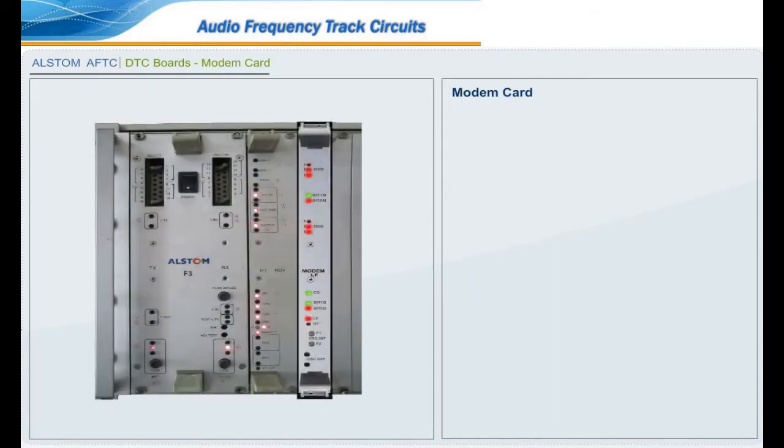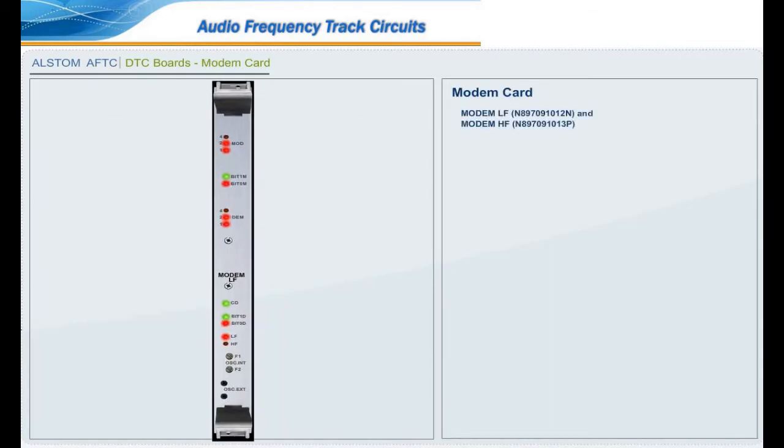Modem card. Modem LFN 89709101-N and modem HFN 89709101-3P. There is no test point to measure the voltage on modem card. The card functions with